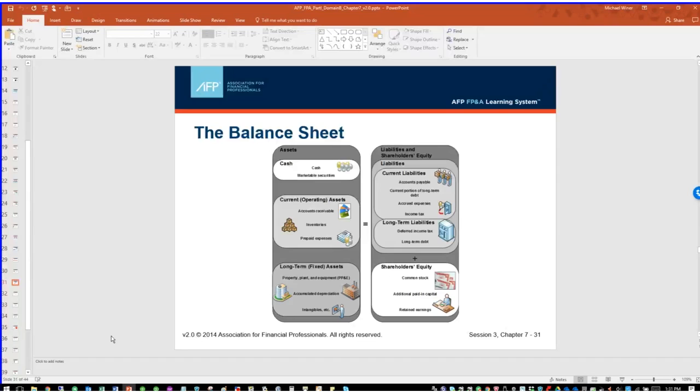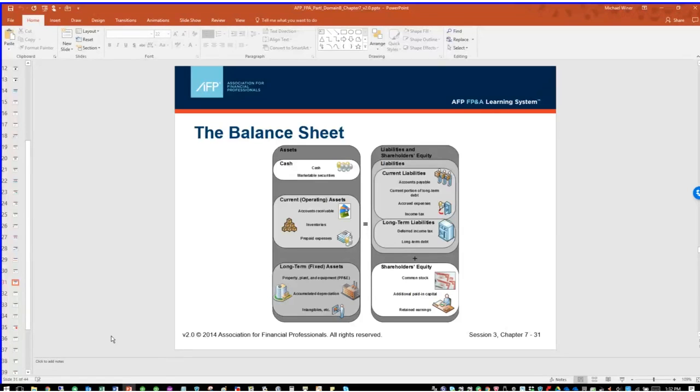So if somebody shows you an income statement and it doesn't have a period identified on it, you have no idea, well, is that for a month, a quarter, a year? You need to know that. The balance sheet is instead at a point in time. Usually it's on the very last day of the period, though sometimes it can be the opening. So it's a snapshot of here's where we stood on the last day of the month, or the last day of the quarter, or the last day of the year.